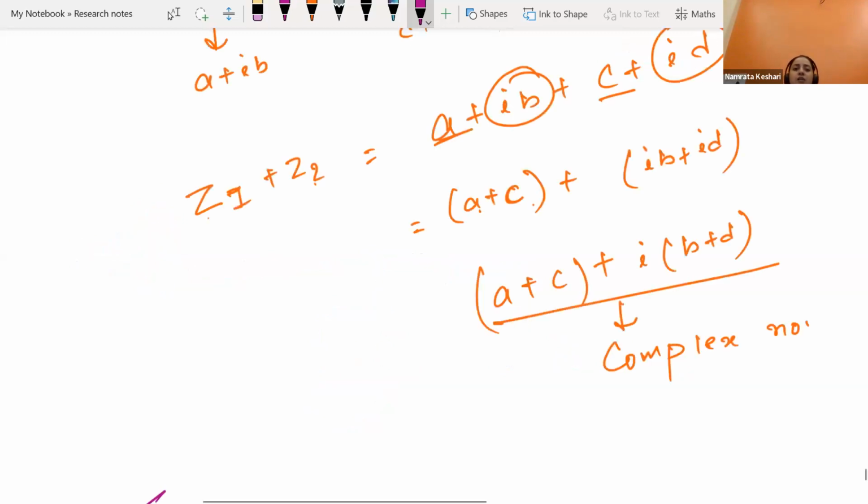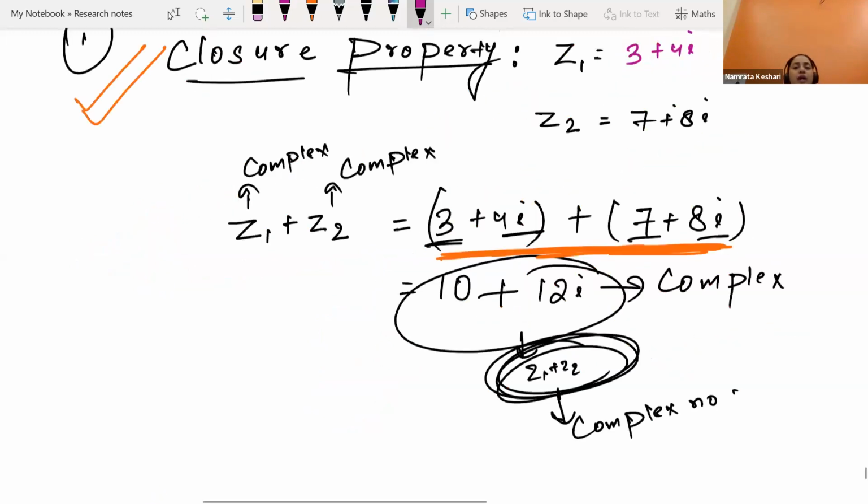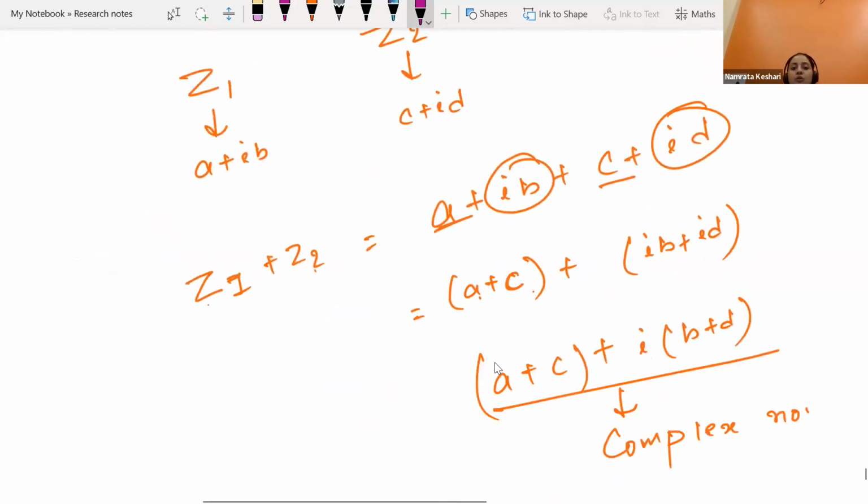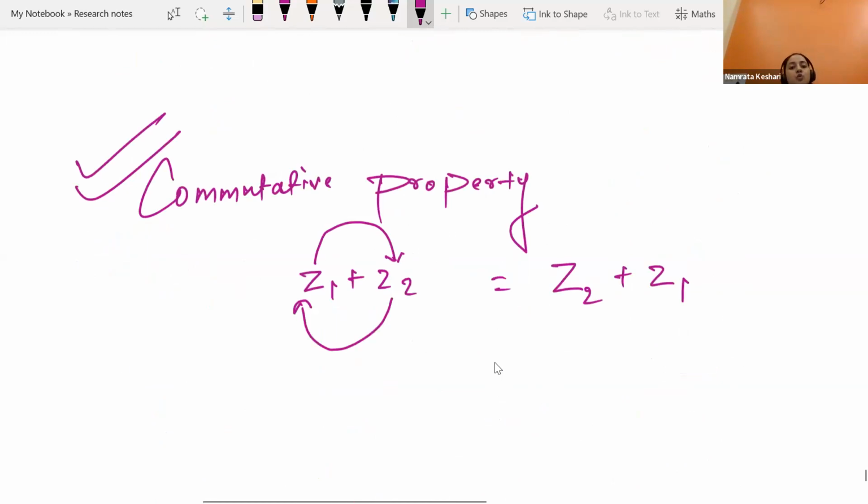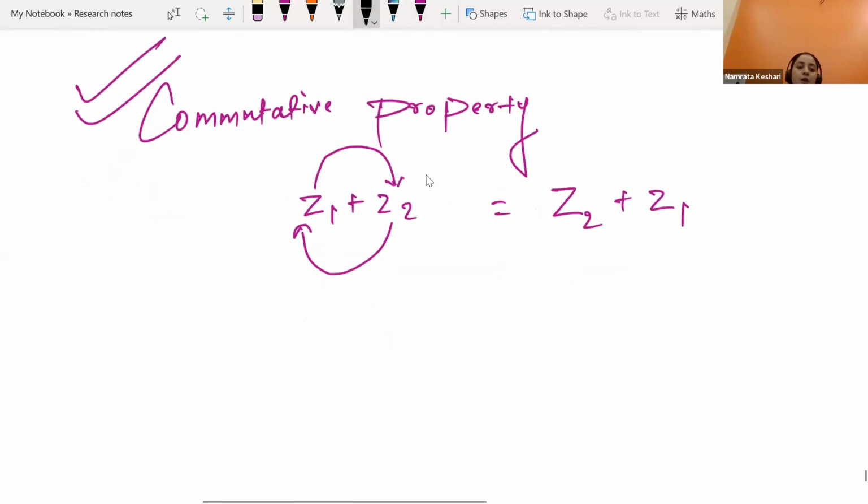Again, if I take z1 as 3 plus 4i and z2 as 7 plus 8i, both added together make 10 plus 12i. Now if we first write z2 and then z1 and then add, still the result will be 10 plus 12i. I don't need to show you because you have done so many calculations and simplifications like this. The next property is